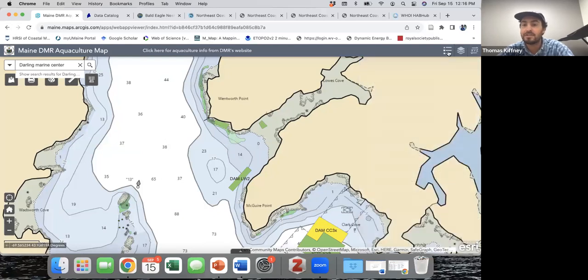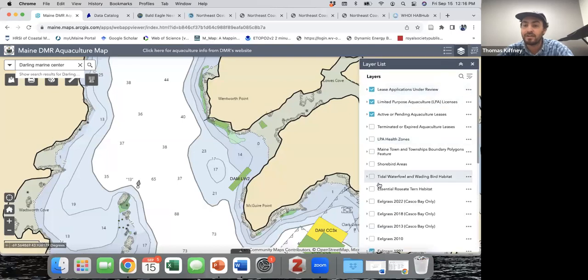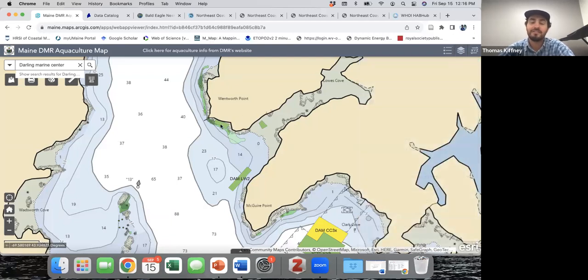And you can go back to the legend to see what they look like. So this is basically saying, what is the density of this eelgrass? And there's 2 eelgrass layers. Another survey was done in 2022, so we can load that. And it's also important to note that this is an online tool. This data was collected and loaded, but things change. So if we scroll in,